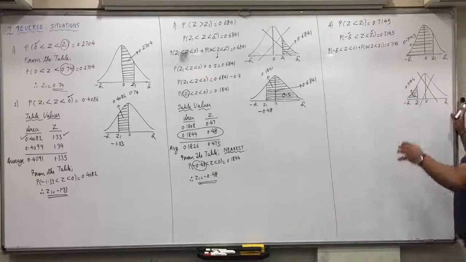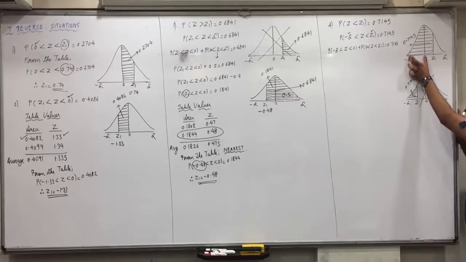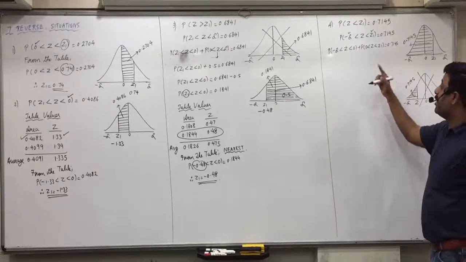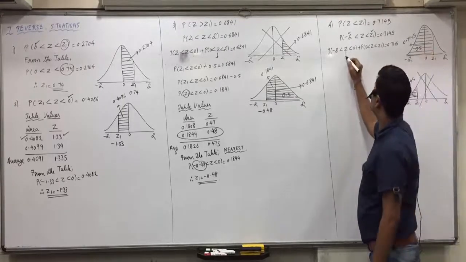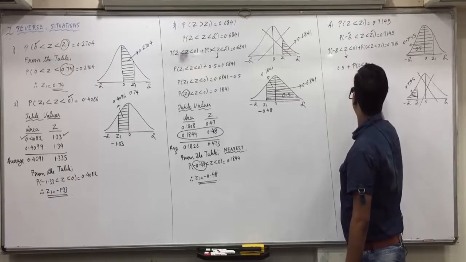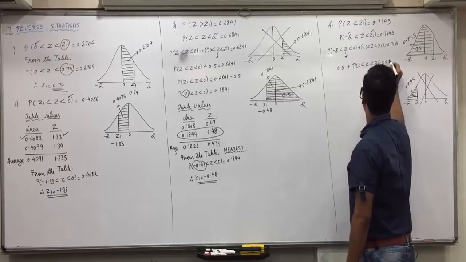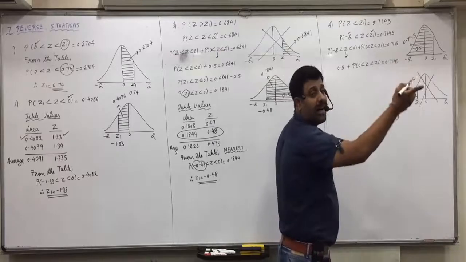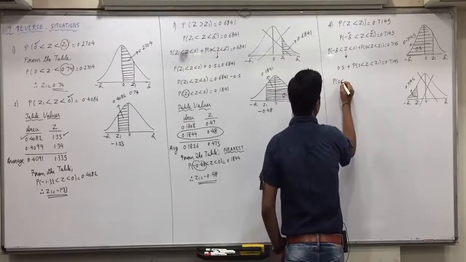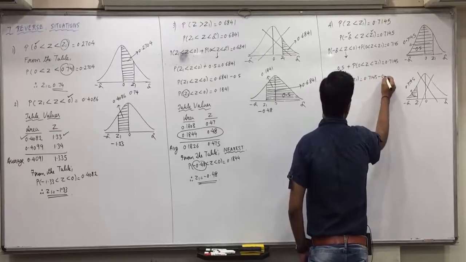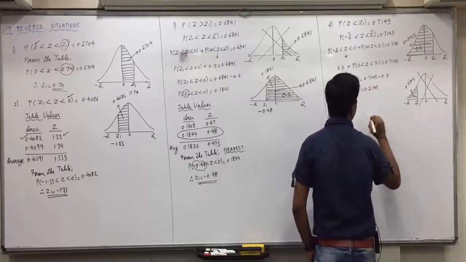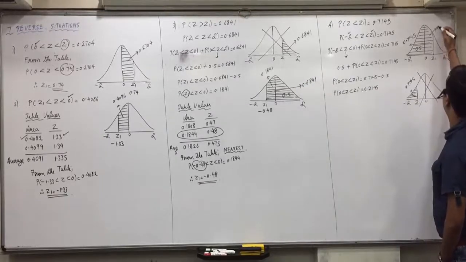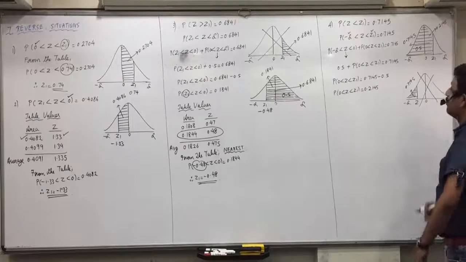Correct. Sum of two regions means P(minus infinity less than Z less than 0) plus P(0 less than Z less than Z1). Which area do we know? Minus infinity to 0 we know is 0.5, plus P(0 less than Z less than Z1) is 0.7145. 0.5 on the right will become minus: 0.7145 minus 0.5, 0.2145. Means this area from 0 to Z1 is 0.2145.